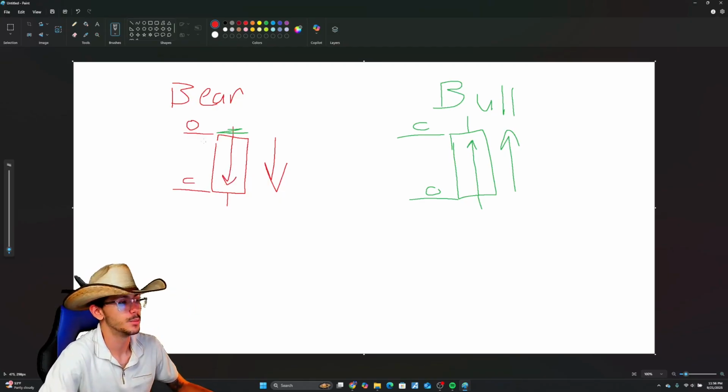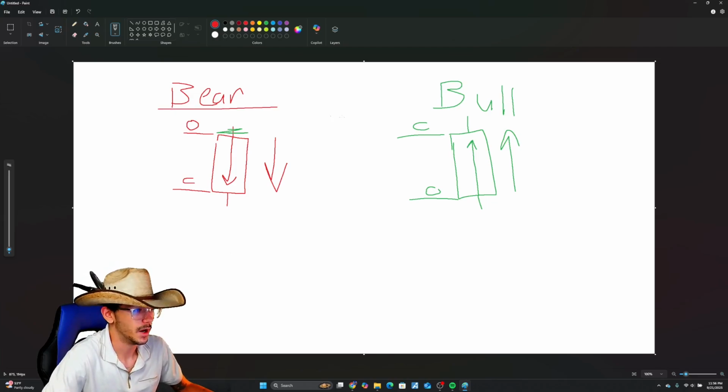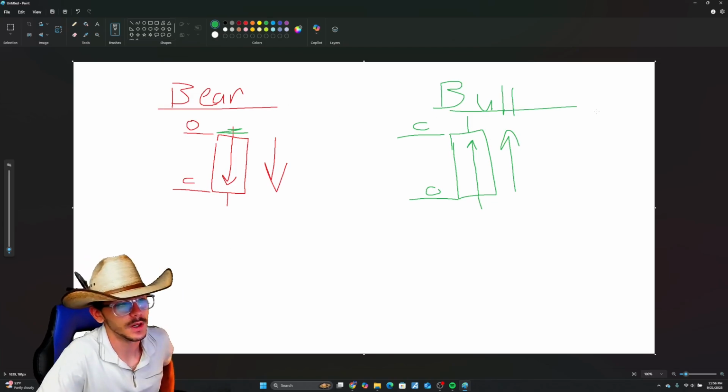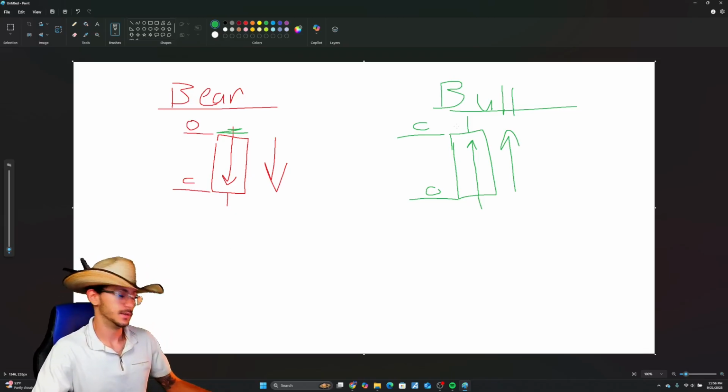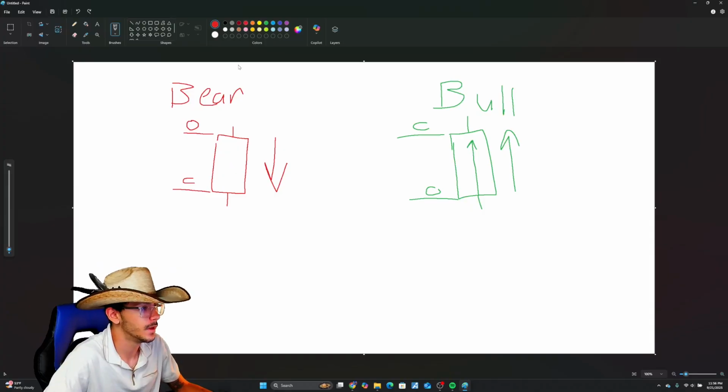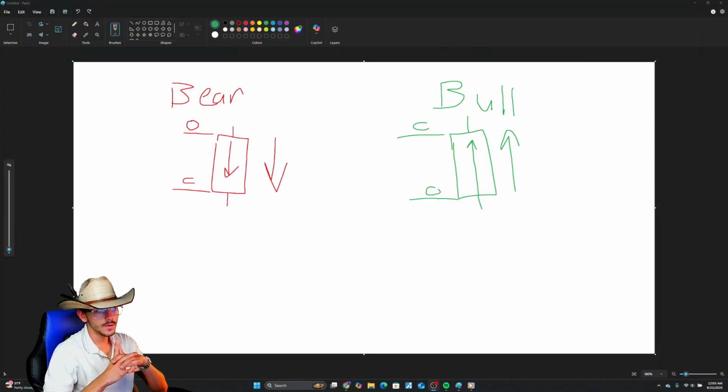It's a red candle. That's what we call bearish. That's what we call bullish. Bullish and bearish pretty much just mean down and up. Pretty simple. Down and up. Don't forget it. All right, so now that we understand the anatomy, where the highs are, where the lows are, where the closes and where the opens are,